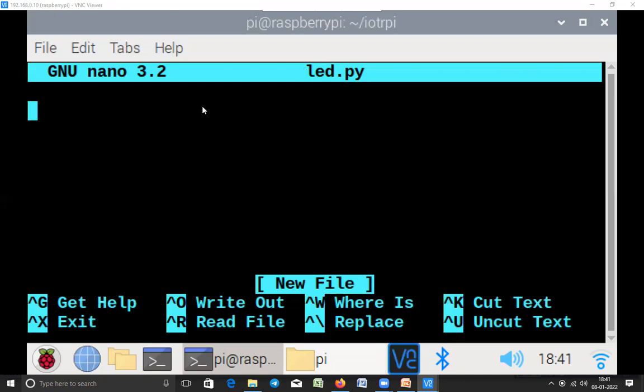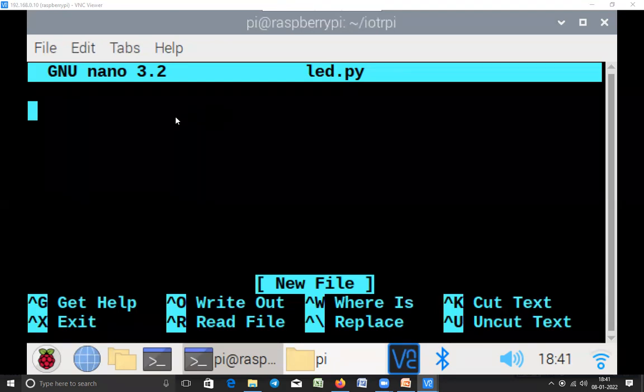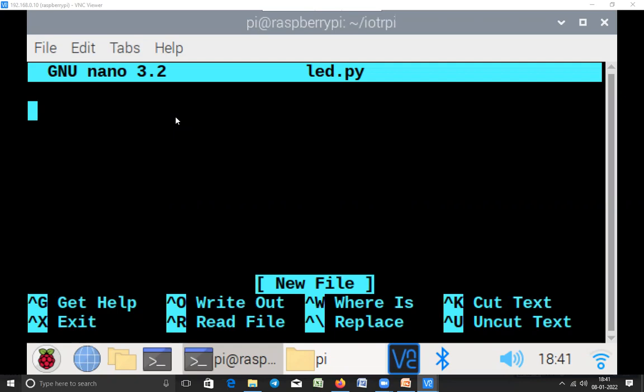In Raspberry Pi, we have a package to control GPIO. There are many packages like wiringPi, RPi.GPIO. I'll be using the RPi.GPIO library to control GPIOs. To use libraries, the first thing is you have to import the library. In a C program, you see hash include, right? That is actually including libraries. In C or C++, you include the libraries, whereas in Python, you import the libraries.